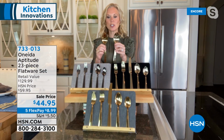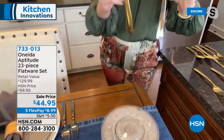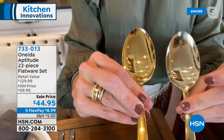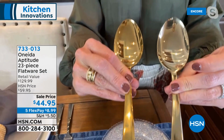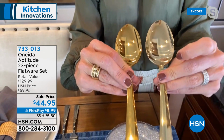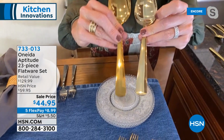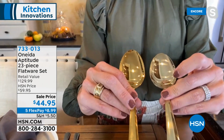We really do. So I wanted to give you a really close-up look here. I actually have my friend Pat doing little close-up shots for me, so I'm gonna have you look at this. So we have 2 different golds here. So you have the brighter gold. This is really that trendy, you're seeing a lot of the brass and interior design look. And then you have this beautiful champagne. It's a little bit more of a silvery gold. So if you're looking to maybe add a little bit of gold into your life, maybe mix it with your other stainless steel, your other silvers, I would go with that champagne. If you're looking to jump in and be a trendsetter, go with the bright gold,